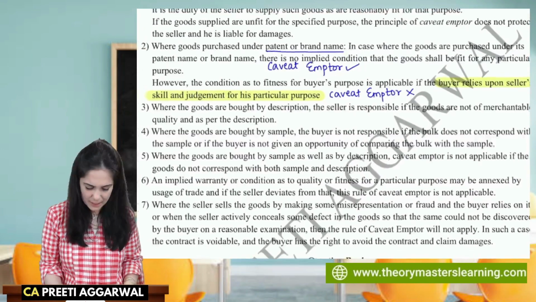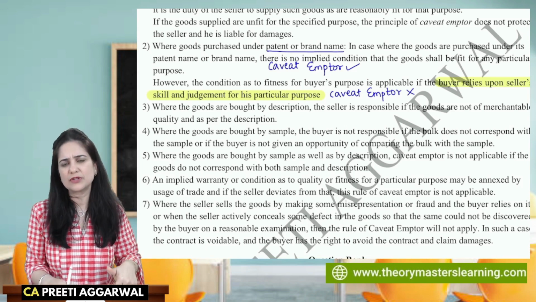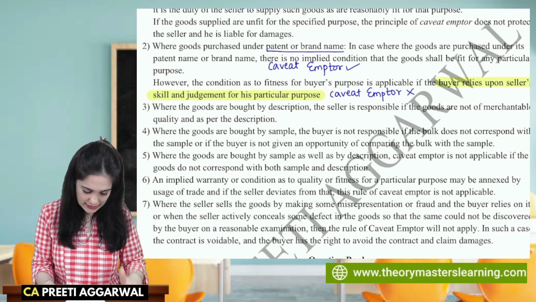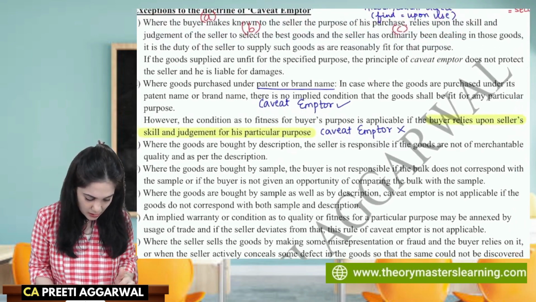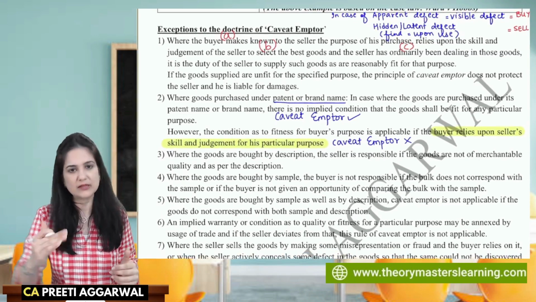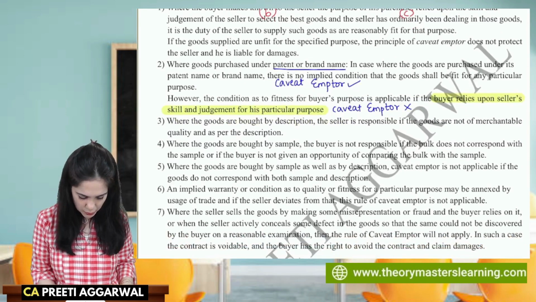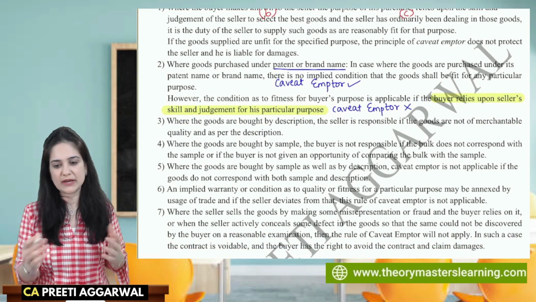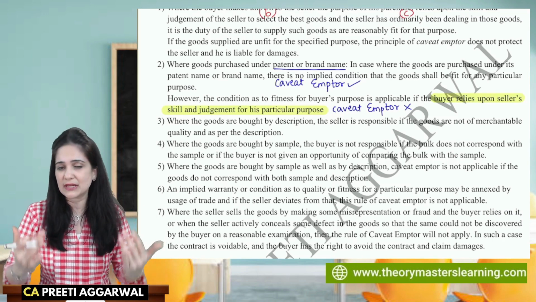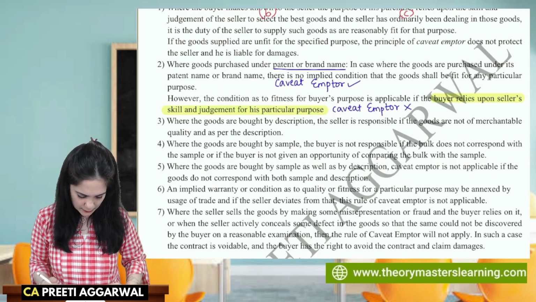Students, this is a particular provision which you can write in your own words. This is something which you can explain in your own words depending upon your understanding. You need not write these exact words. What are the keywords? I have highlighted points A, B, and C in the first provision. And in the second exception, you can write it in your own words. What we need is the buyer relies upon the seller's skill and judgment. Then in that case, the seller will be responsible. Caveat emptor does not apply.